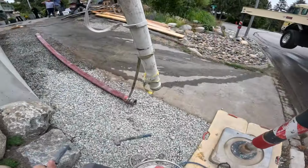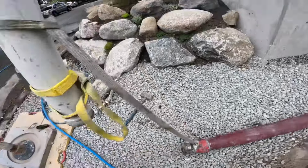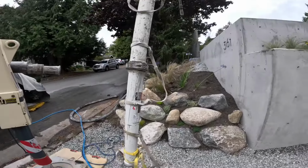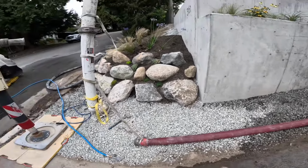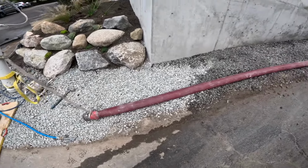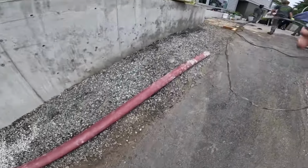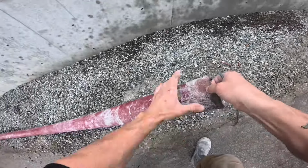For cleaning the lay flat, we'll take a page out of the book of my buddy Darren from Froneberger Pumping and Conveying. If you don't follow his channel, you definitely should. He's got pumps, telebelts, trailer pumps. I think he's got a brand new 47-meter Sani coming soon too, so lots of exciting stuff going on over there. He's a big lay flat hose guy, so what he taught me was